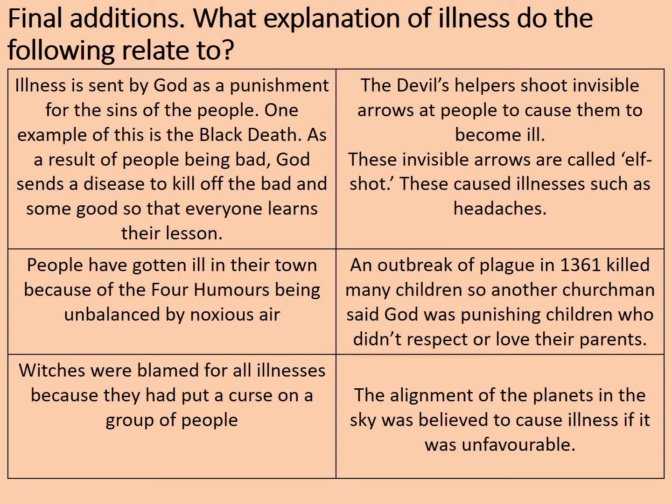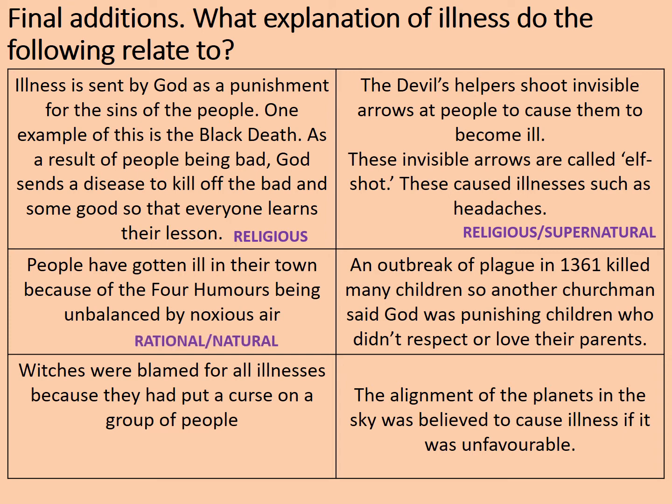Okay, pause the video while you complete your notes on that, and then we'll have a look at some answers. If you need to make any corrections, you can do so then. Let's take them one by one. The first one is religious. It's quite clearly saying that God, the Christian God, has caused the disease, in this case the Black Death. The next you might have linked to religion because it mentions the devil, but a more accurate one is that this is supernatural.